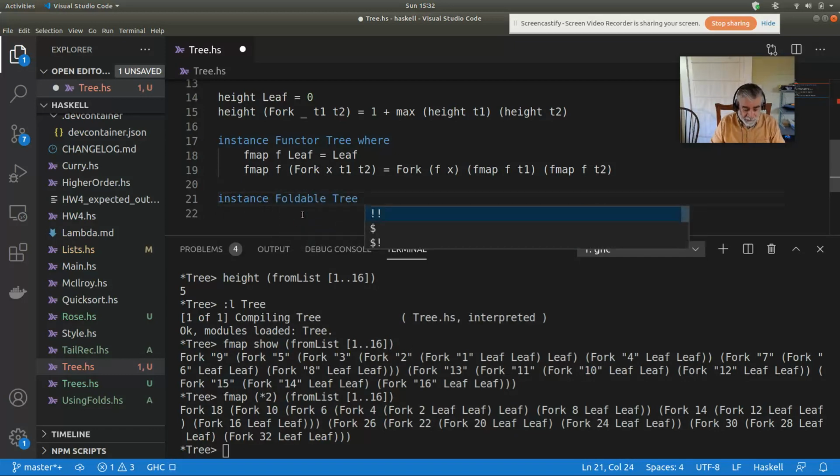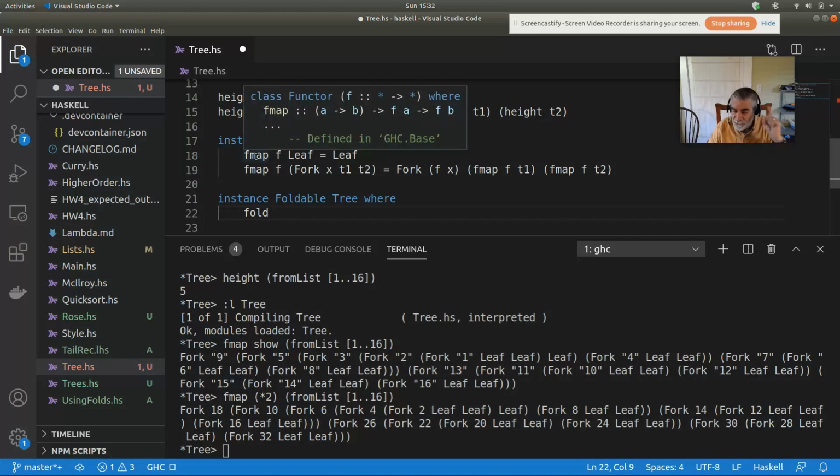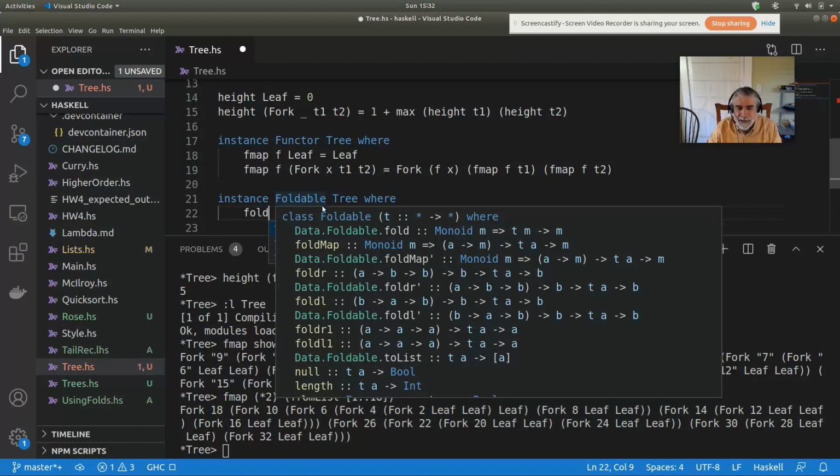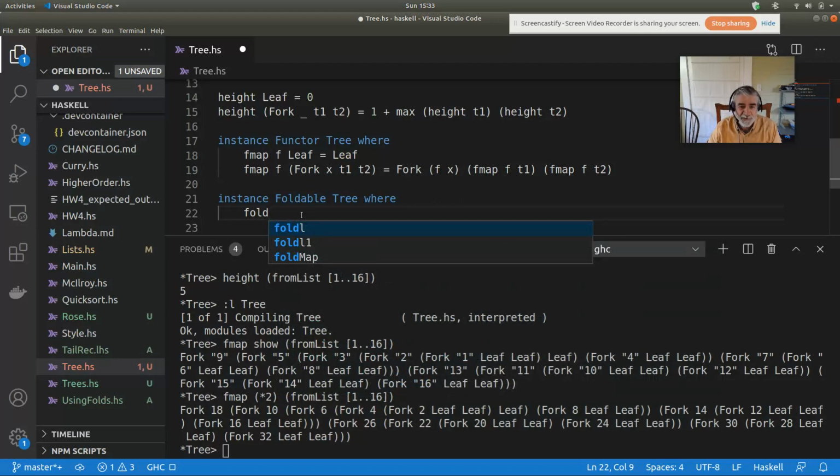Foldable Tree where. And now to define a fold, you've got to define either foldr or foldMap. So I'll do the foldr. Like up here for fmap, there's only one thing you have to define, and that's fmap. Now in Foldable, you've got to define either foldMap or foldr, and then everything else is derived for you, all these other functions. So let's do a foldr,